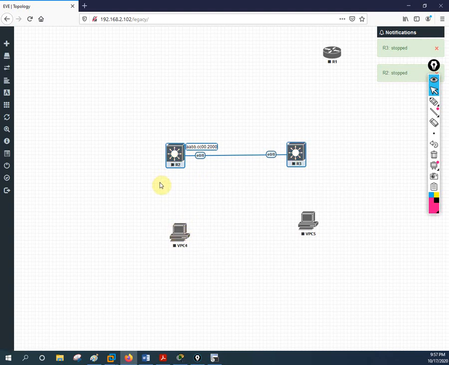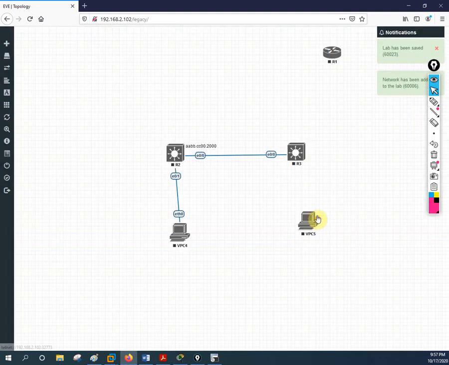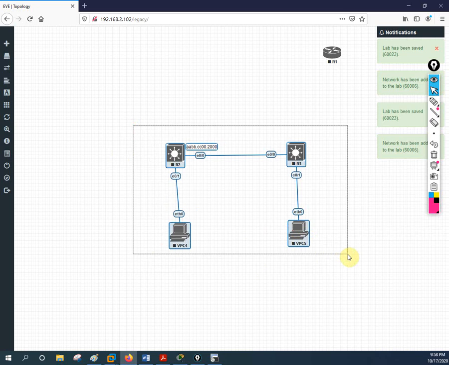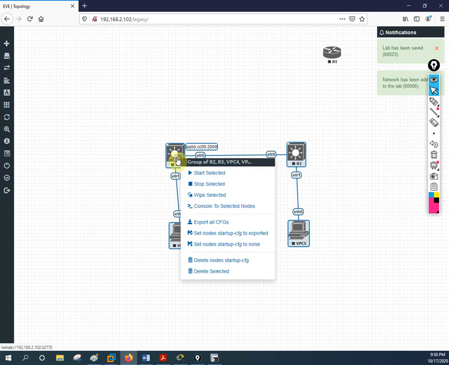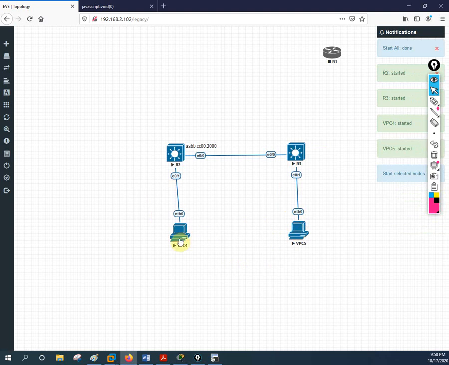EVE-NG, we have two versions of EVE-NG. One is Pro and one is Community Edition. In Community Edition, you need to switch off the device whenever you want to connect the cable. The Pro you need to pay and purchase. If we have that one, no need to switch off the device, we can connect directly. Okay, so now I connected, so I can select all the devices, press control, then go to start all the nodes. So all nodes will start automatically.